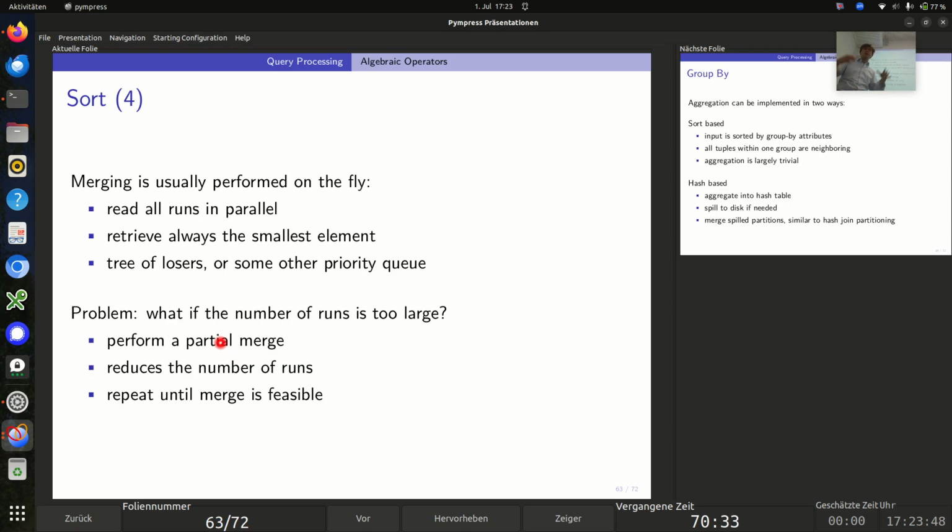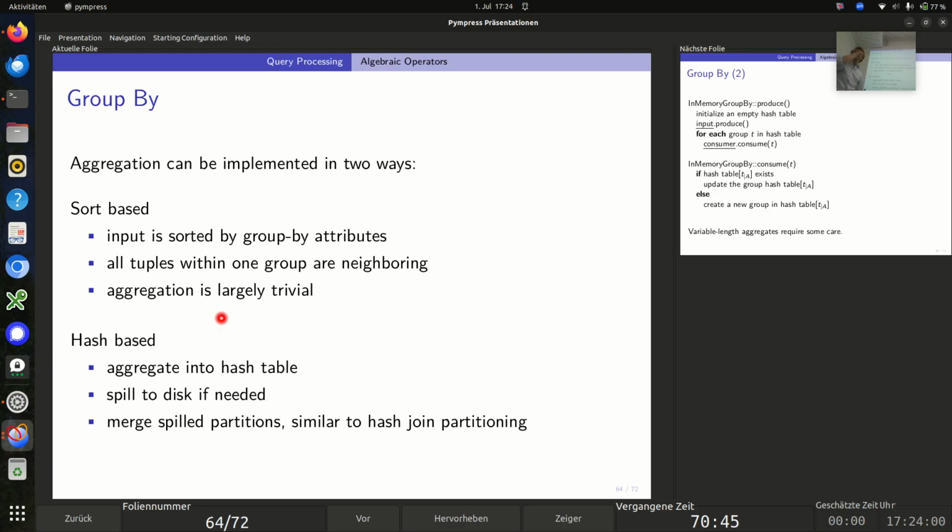Yeah, and if you're using a sort merge join, you have to use a merging algorithm and so on. Okay, so the next operator that is breaking the pipeline is the group by, and there are